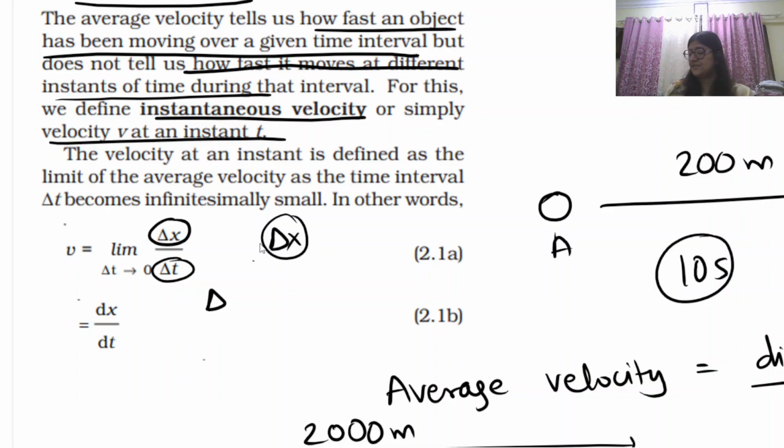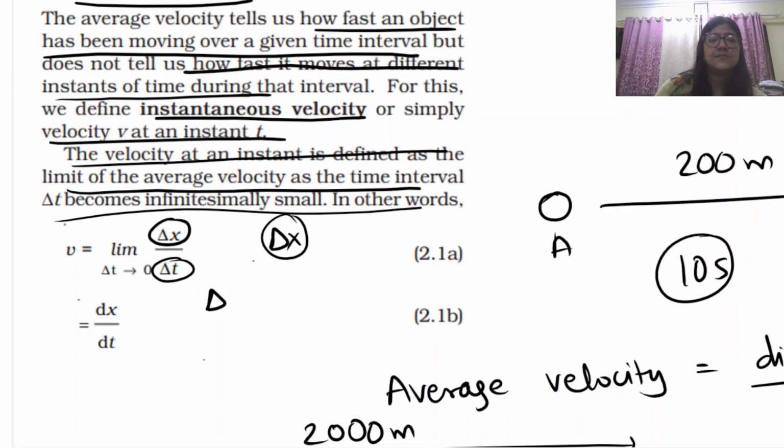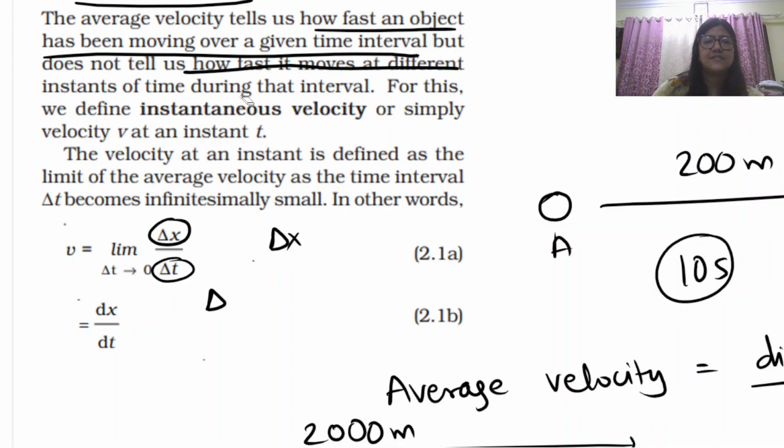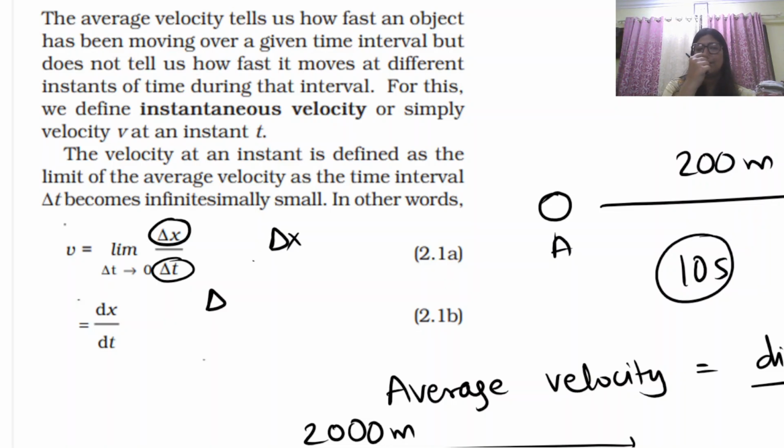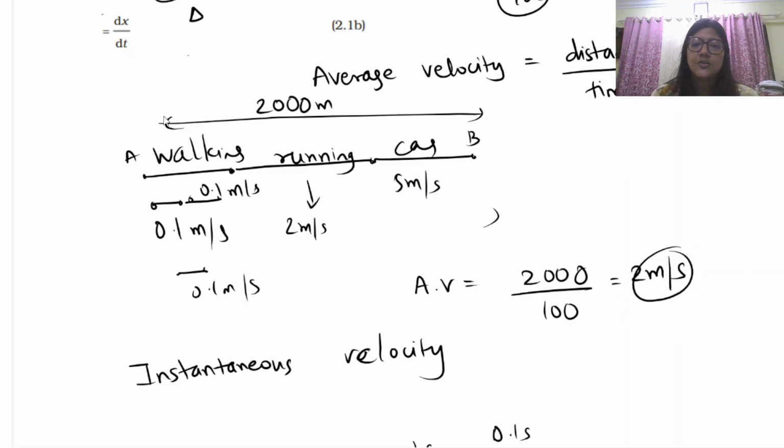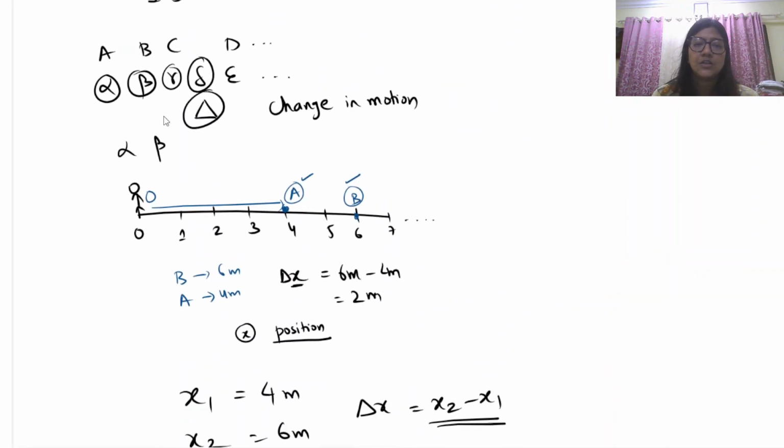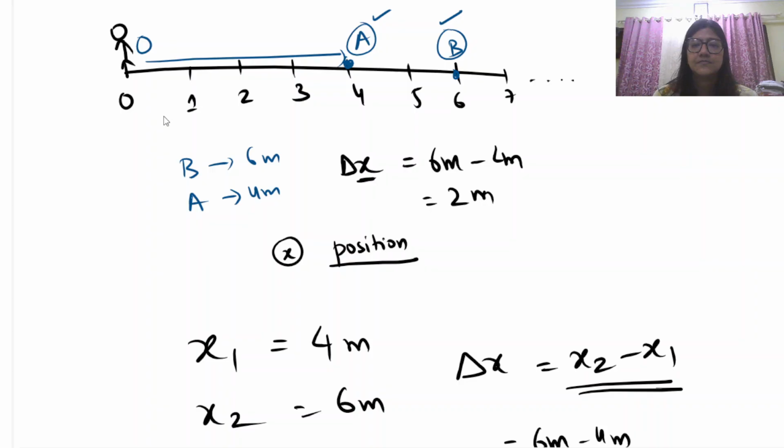The velocity, let's just read the rest of the paragraph. The velocity at an instant is defined as the limit of the average velocity as the time interval delta t becomes infinitely small. In other words, so and so. Doesn't make much sense now, does it? It's okay. Basically, when we're talking about changes, we make the changes smaller. Right now the change is very big. The change is 2 meter